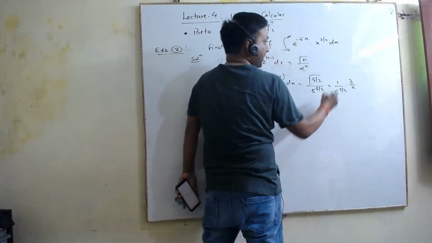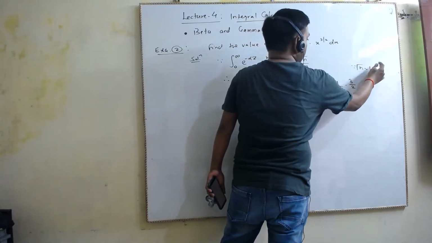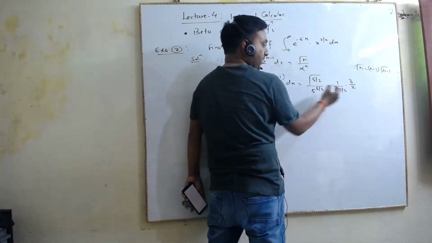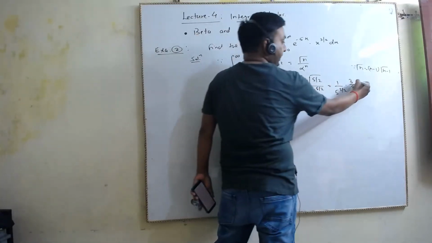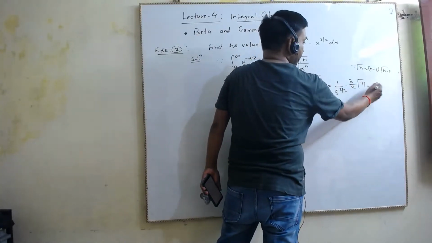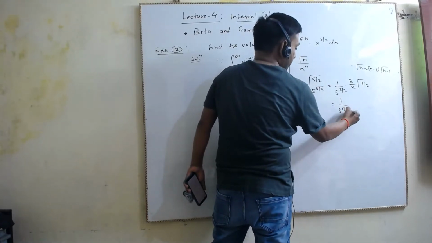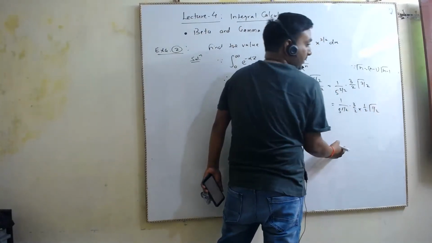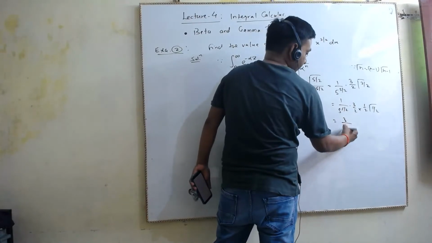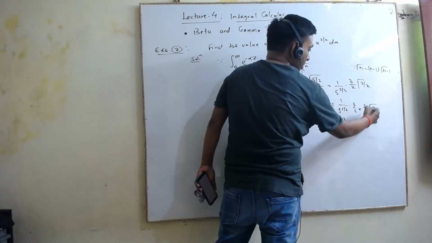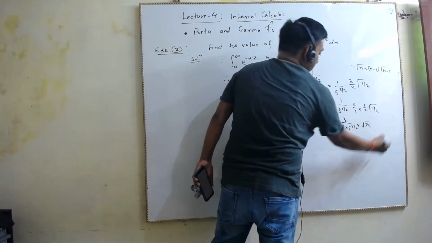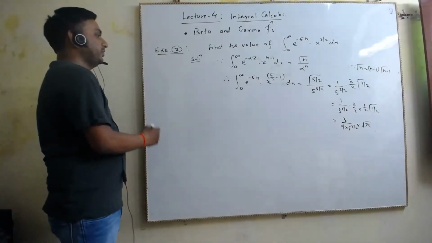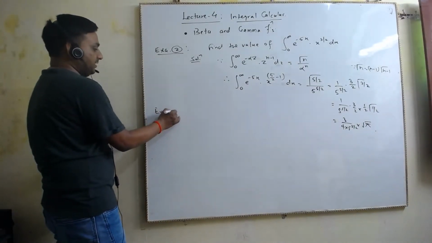Please observe here, since gamma n is n minus 1 times gamma n minus 1. So gamma 5 by 2 will be 3 by 2 times gamma 3 by 2. Now gamma 3 by 2 will be opened as 1 by 2 times gamma 1 by 2. So this will become 3 by 4 into 5 power 5 by 2. Gamma 1 by 2 value is square root of pi. So that is your final answer. Note down, please. If you have any doubt, then please let me know.